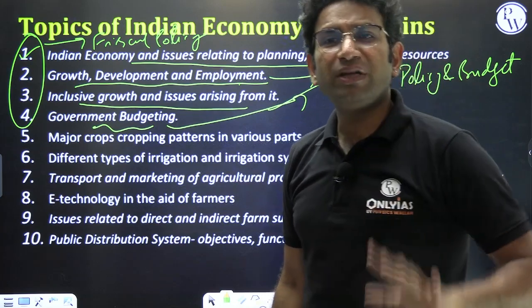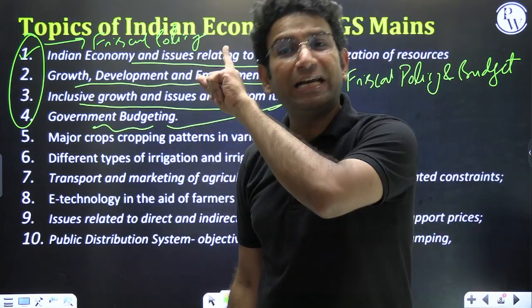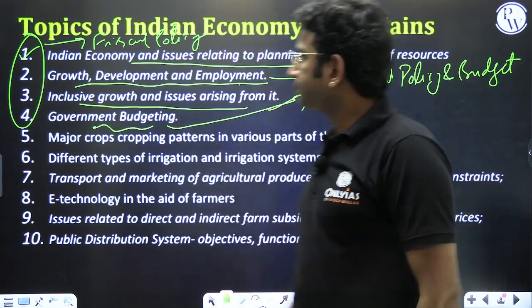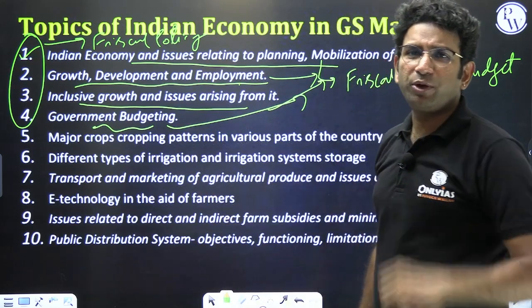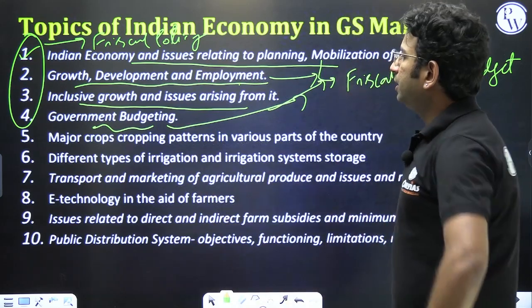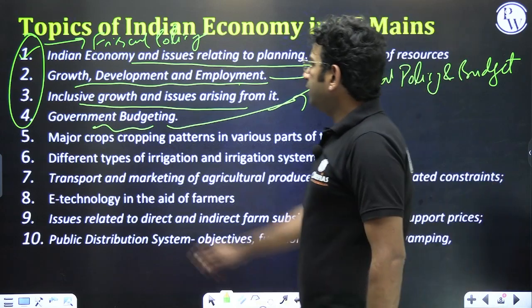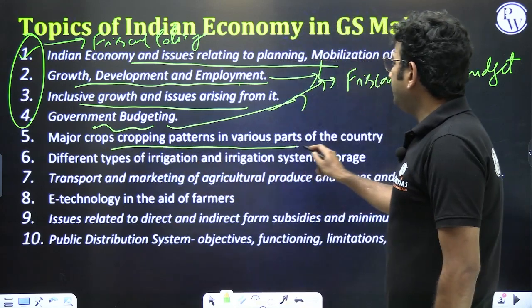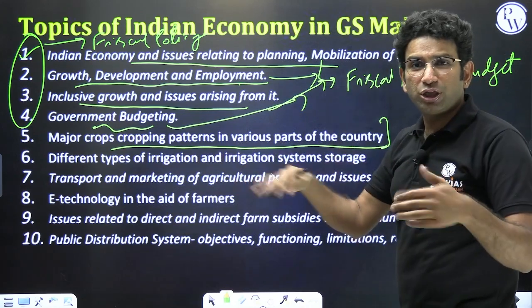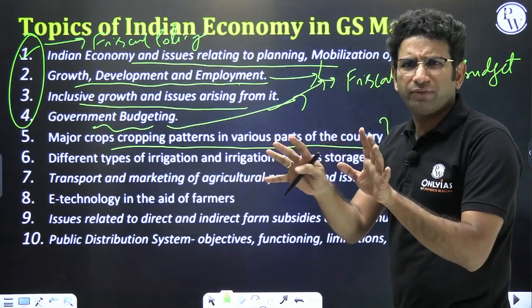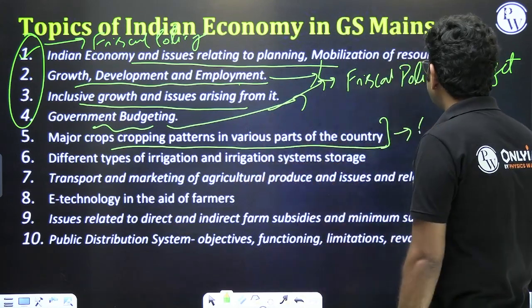So this is something which is very important, a student cannot ignore at all. And same if we talk about this year's prelims also, 3 questions from the topic of fiscal policy. Imagine. Major cropping patterns in various parts of the country. Something which I am not discussing in detail in GS paper 3. I am discussing just a little bit of it, but it is something which is a part of geography